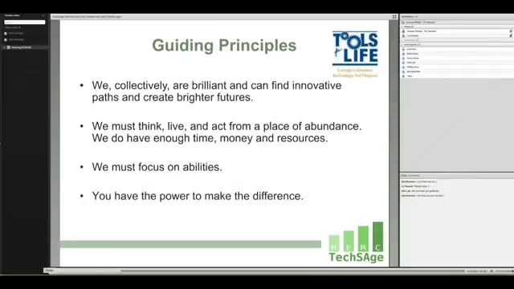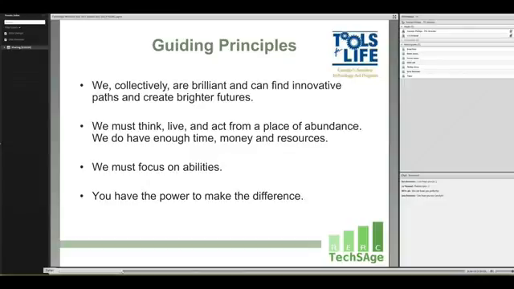We've got some guiding principles as we're moving into this dialogue with you and conversation about language, about communication. And this is just partially where we're coming from. We've got another slide that we'll talk about too. But we really do believe, and we're not talking about just me and Liz, we're talking about everybody who's involved in this, that we really are collectively brilliant, and we can find and create brighter futures for everybody, find those paths that we need to find,